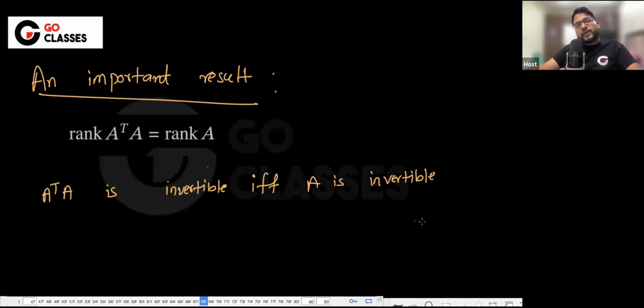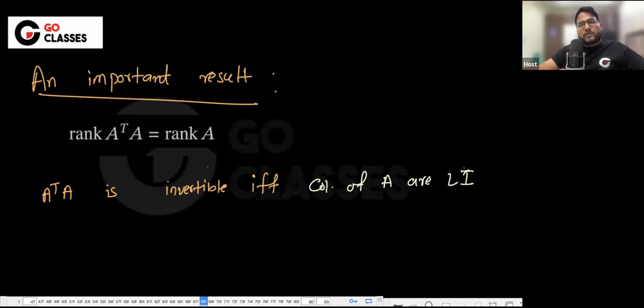Sorry, basically I can say the columns of A are linearly independent, right? Then it will be having the rank as n, and then this will also be invertible, because